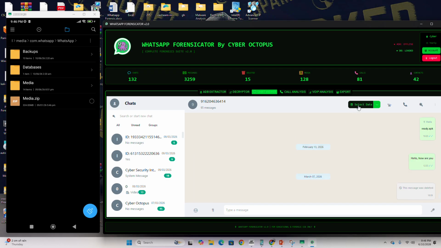Here I specify the media folder. Now images, videos, audio files and documents become associated with the corresponding chats.